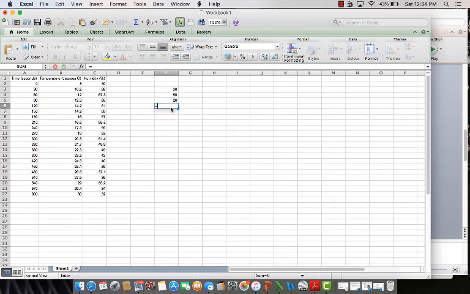So I can say equals, and I can hit each cell, plus sign, next cell, plus sign, next cell, and then hit enter, and it adds them together for me. I can also